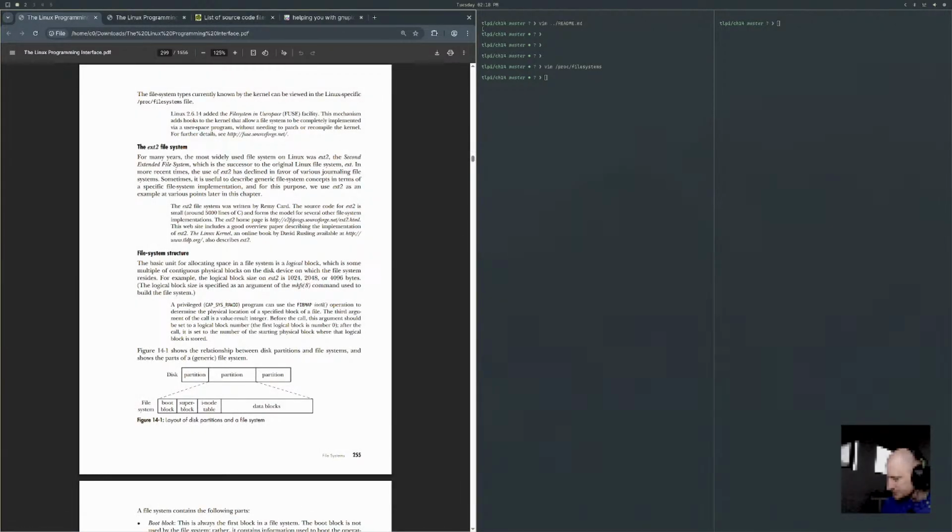Yeah, so the boot block thing, I think that's done away with. But I'm not sure. File system: boot block, super block, inode table, data blocks.